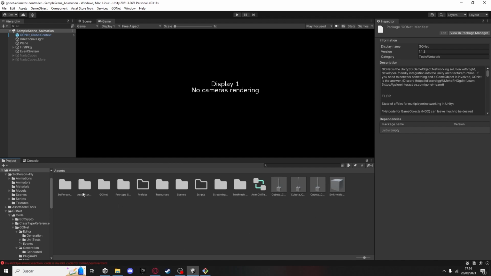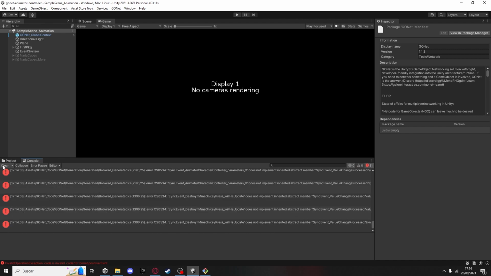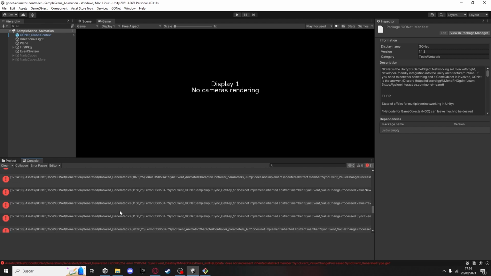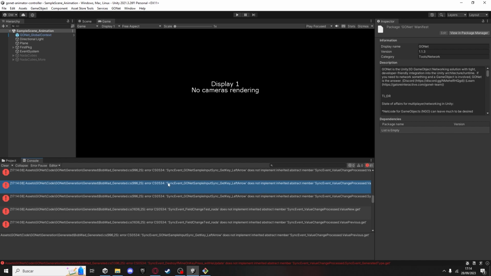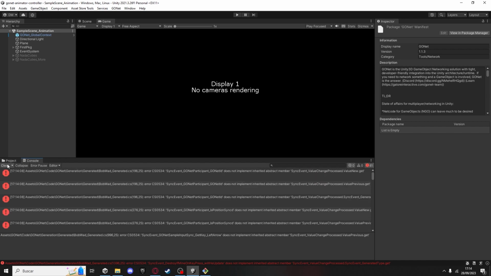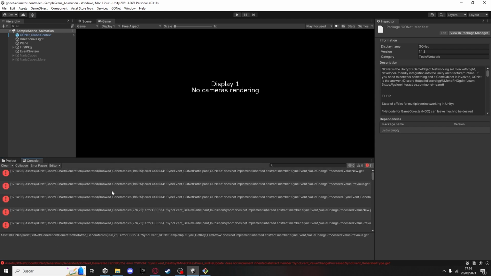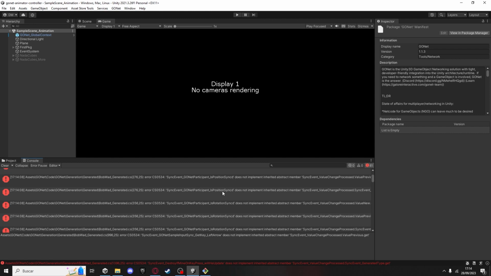Okay, and now it should be imported. So we check for errors, we click clear, and we can see that we have a few errors related to sync events. This is related with the generated file. So in this case, what we need to do is to delete this file since they are no longer existing